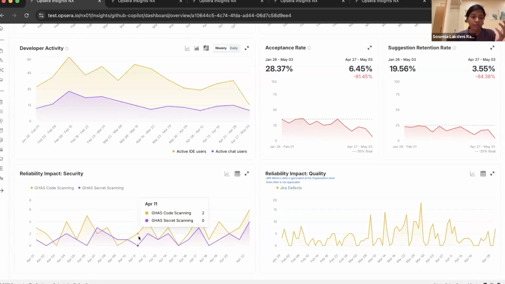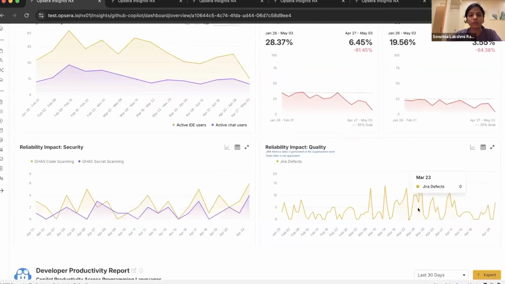Here we've connected with the GitHub Advanced Security dashboard, but we can connect to pretty much any other security tool to compare and show this data. Of course, SonarQube as well. And with respect to quality, we connect to Jira. Again, look at your SonarQube bugs to see how your quality posture is doing. Comparing to the usage of Copilot, has your quality improved over time? Is Copilot actually helping in giving you more bug-free code, and your features are very nice and smooth? That's the kind of analysis and correlation that we want to show here.